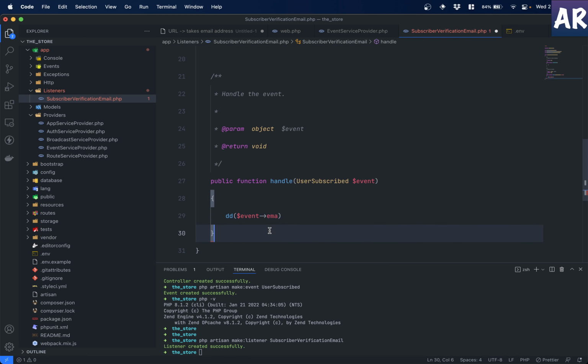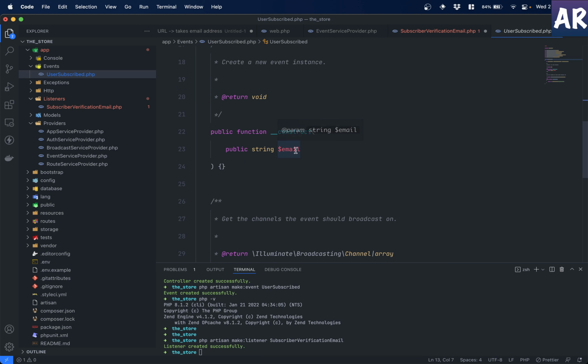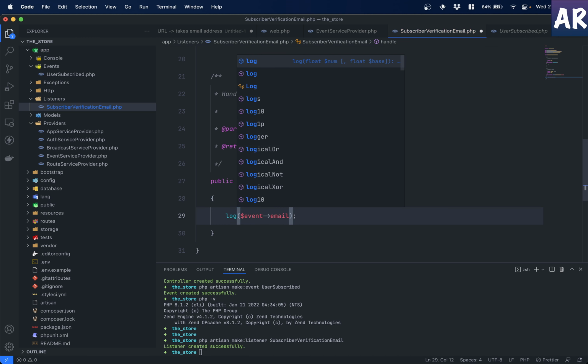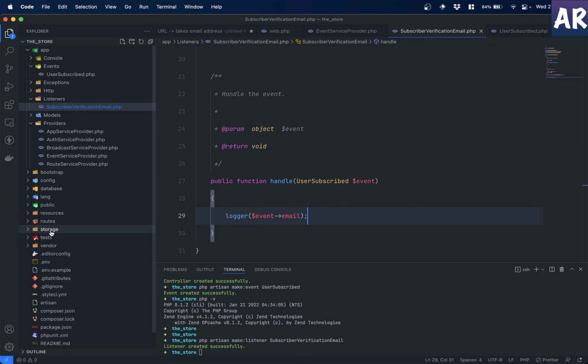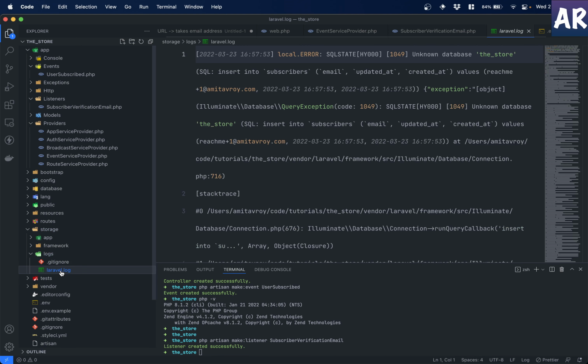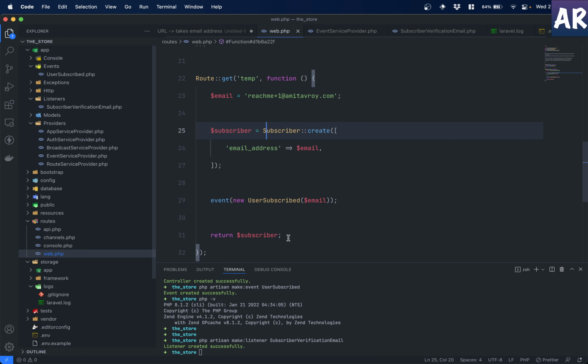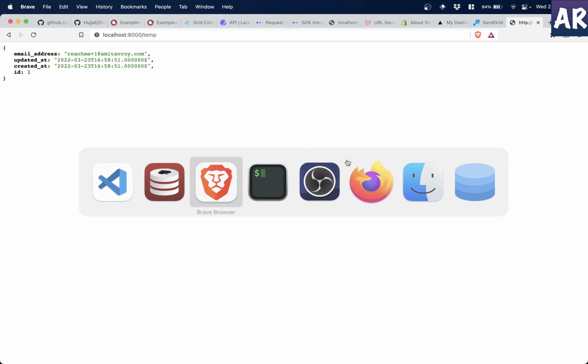If I'm not wrong, the constructor has email, right? So we should be able to see that in our logger. Let us open up the logs file, clean this up, and let's try once more, this time with 2. Okay, hit,